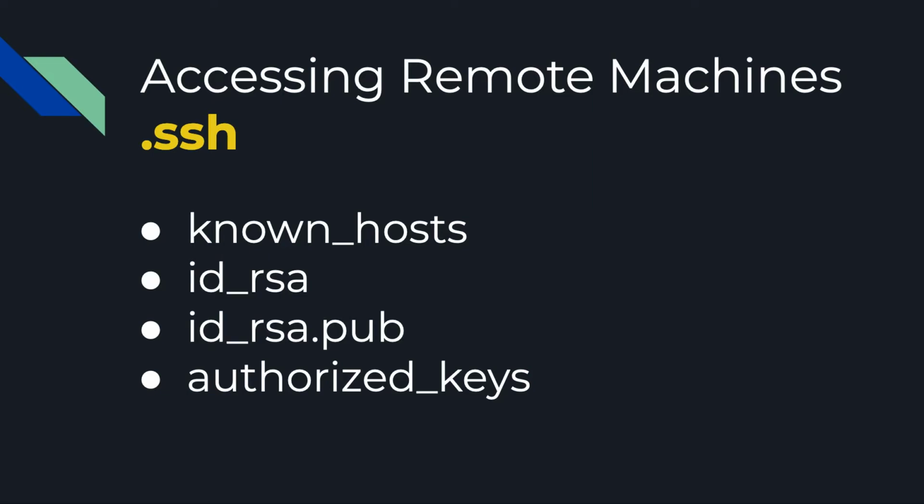And then id_rsa, which was not in that folder yet, but all these other files will eventually be in there. id_rsa is part of my key, and id_rsa.pub is also part of my key. Authorized keys, these are the keys that I've allowed to log in to my machine without the use of a password. Now, you need to do the reading in order to understand a little bit more about these keys, but